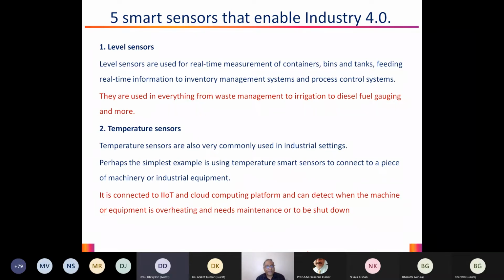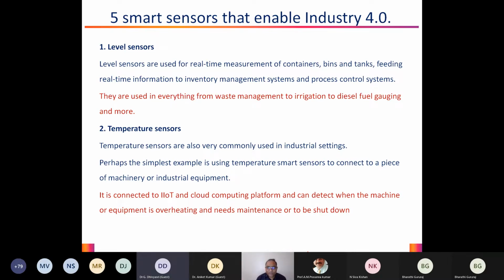And then one of the most popular sensors is the temperature sensor. These are widely used in industries, typically in all manufacturing sectors. Take a boiler industry, where a predetermined temperature has to be maintained. The sensors keep on monitoring this temperature for a large duration of time, and whenever there is a change in the temperature, they might send information to the supervisor so that a corrective action can be taken.